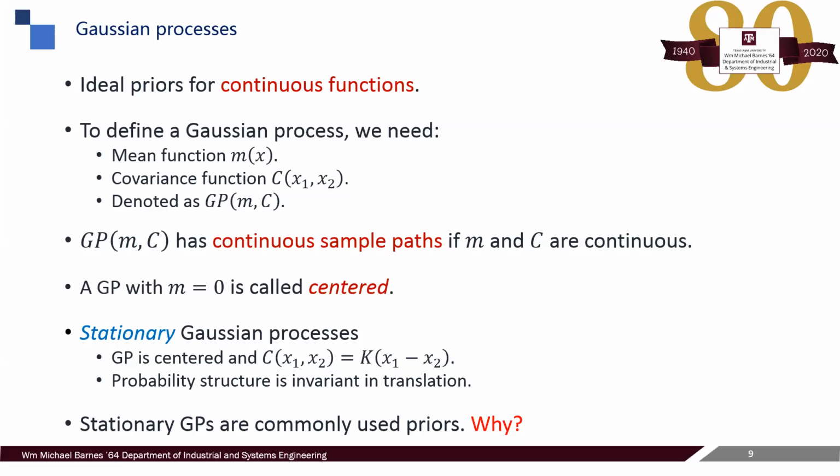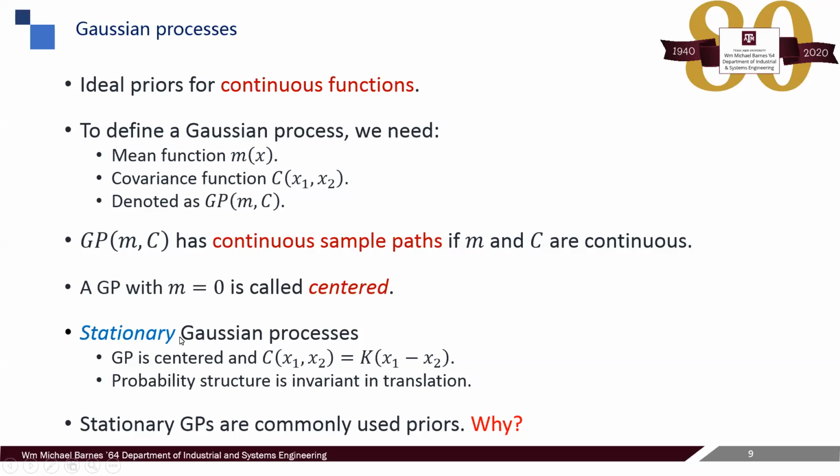So that's why we use those stochastic processes for priors for continuous functions. And this one is just a term. We call this GP centered if the mean is 0. So mean 0 is a simplified version of a GP, called centered. Okay. And in Gaussian process modeling, perhaps one of the most important classes of Gaussian process is the stationary